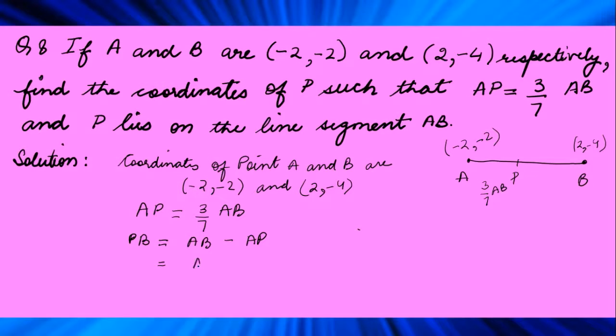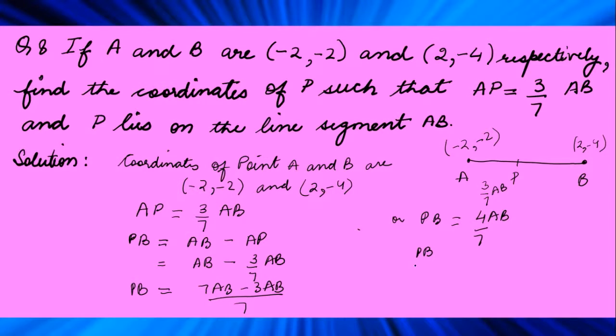So you can write AB minus AP, where AP is given to be 3 by 7 AB. Take the LCM, so it will be (7AB minus 3AB) upon 7. This is your PB. Or you can say PB is 4AB upon 7. Or you can say PB upon AB